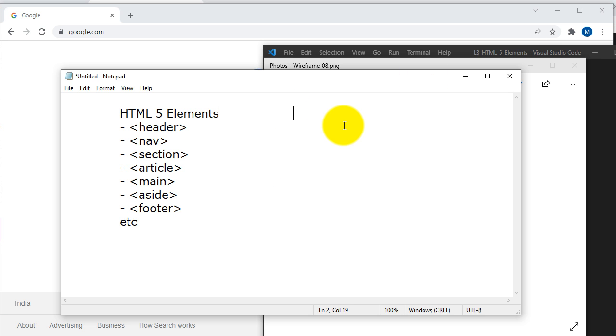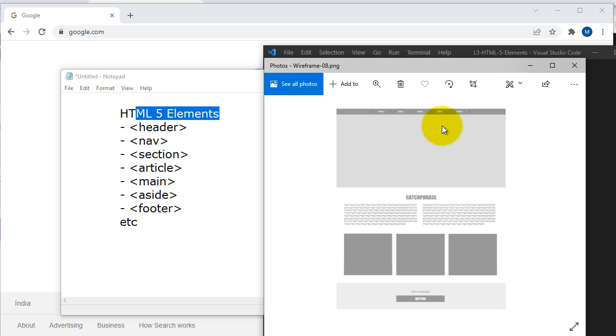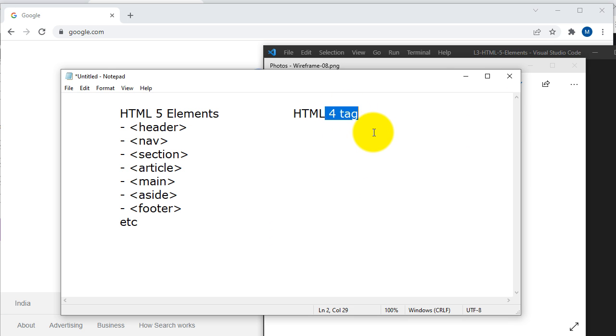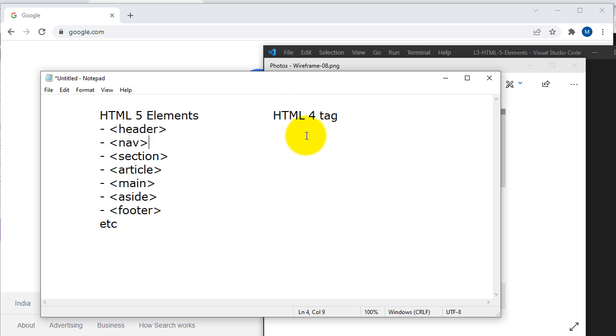Now I will show you HTML4 tags, where there is no HTML5. Then how did they create this layout with HTML4? They created this kind of layout with only the division tag. Here you can see there is a division. With the division tag only, we can create this kind of layout with the help of class attributes. We have to use class equal to, and define a header,